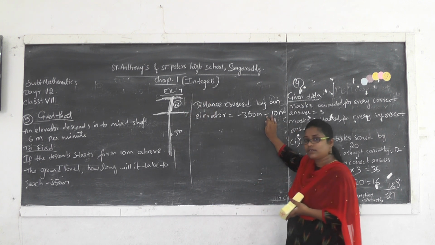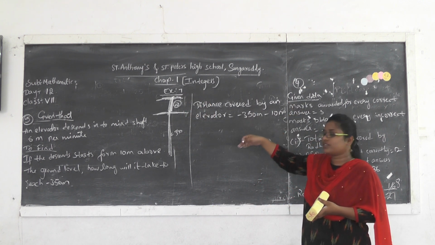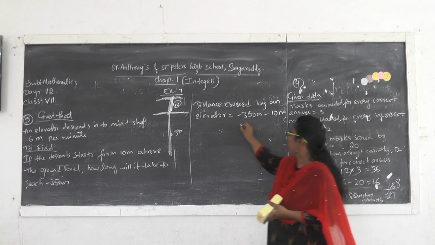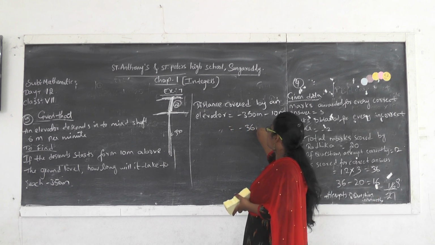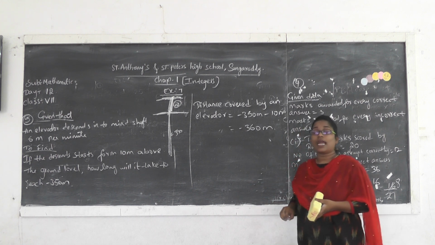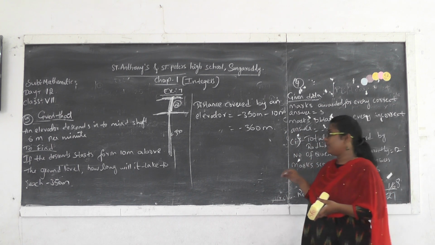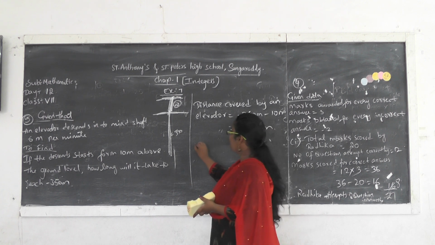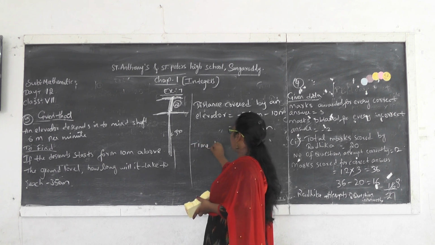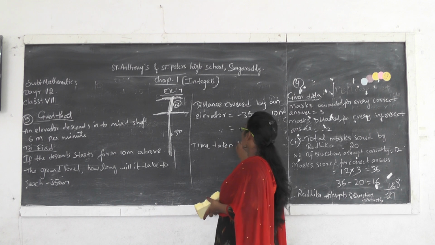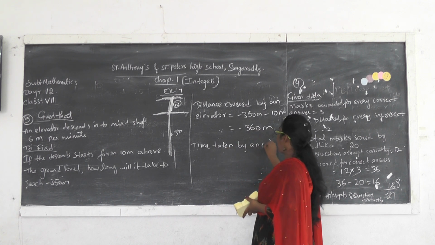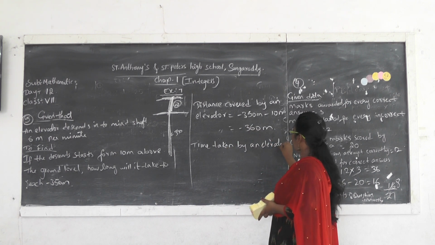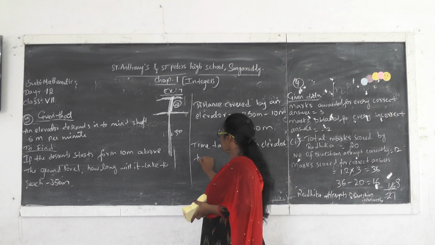That's why that also should travel. So minus 350 meters, minus 10 meters is nothing but minus 360 meters. Since both are in the negative sense, we have to add 360 meters. So how long will it take to reach? Time taken by the elevator to reach